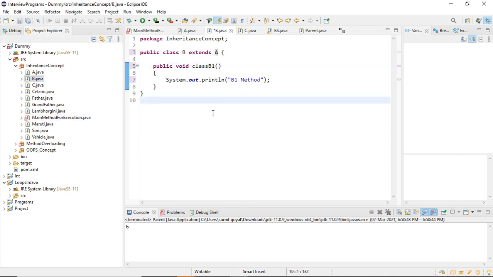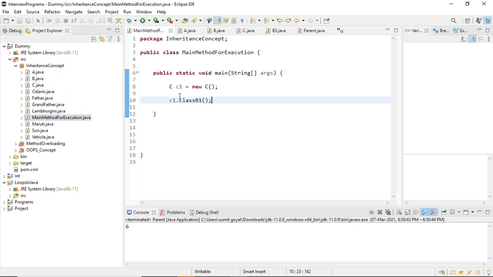So I think we have not saved the file, so that's why it is. Okay, so error gone, and C1 dot class A1.